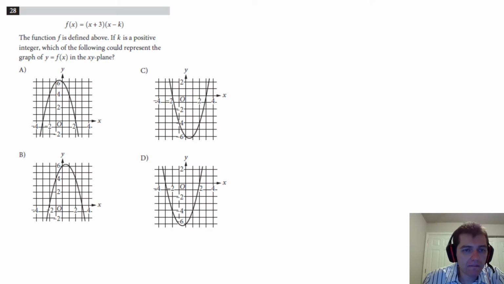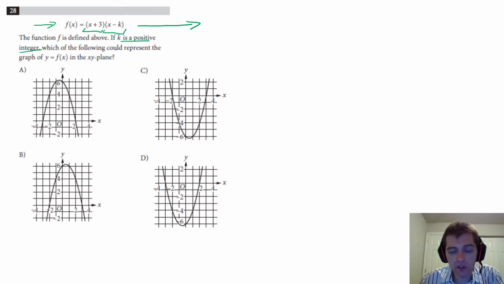Problem 28, the function f of x is defined above. If k is a positive integer, which of the following could represent the graph y is equal to f of x in the xy-plane? Okay, so start by examining your function, and you see it's already pretty conveniently factored. When you see a function factored like that, you know that you can find your two x-intercepts, meaning for f of x is equal to 0,